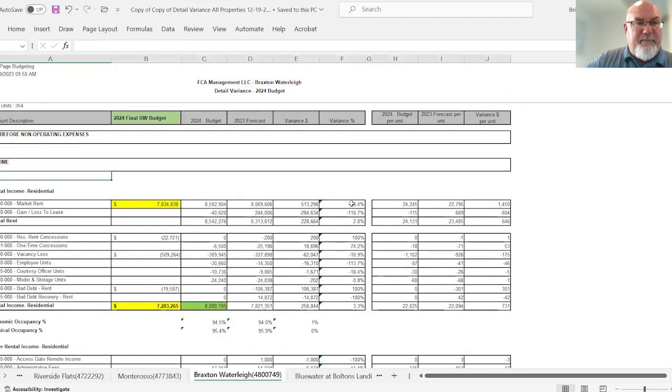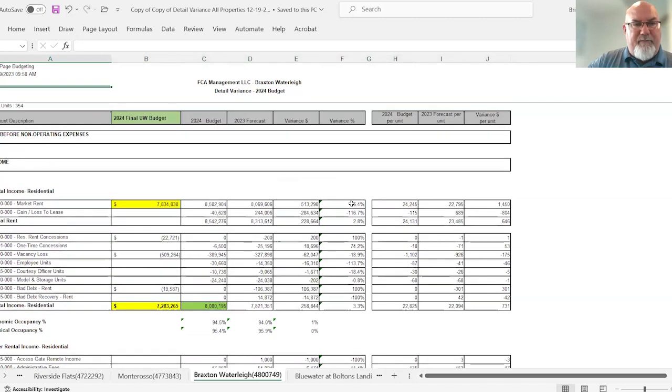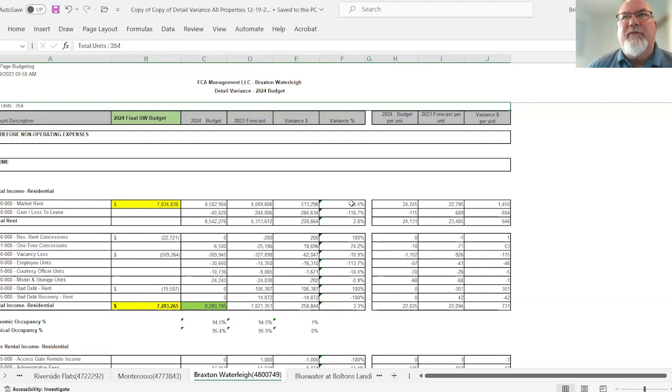So when we look at this property, I look at what our final underwriting was for this specific period. In this model, I think we're in month 22 through 36 in our underwriting. So we are comparing what we thought our numbers would be when we purchased the property in 2022 in our underwriting to where our budget is in 2024, and then also where we were compared to